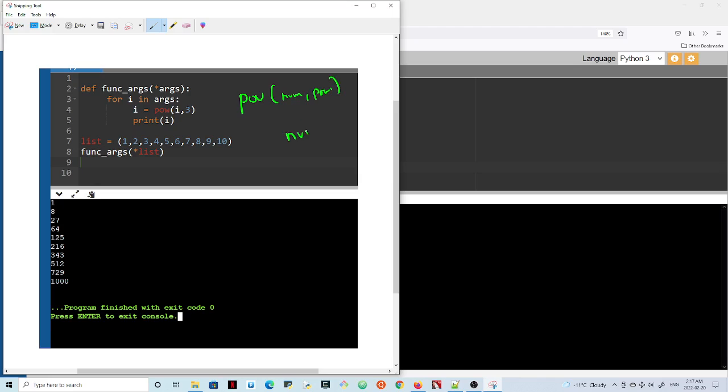So num to what power, right? So we're going to get like 2 to the third power, that is 8, and that is how this operates, right? And all we're doing here is printing all the values. So this is about utilizing the args